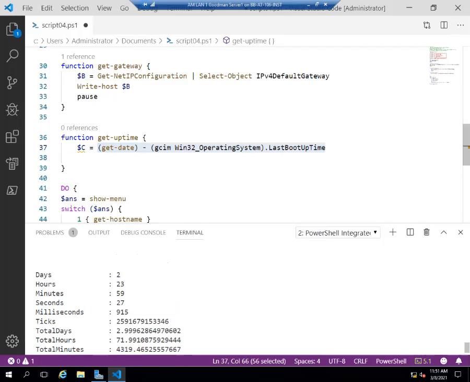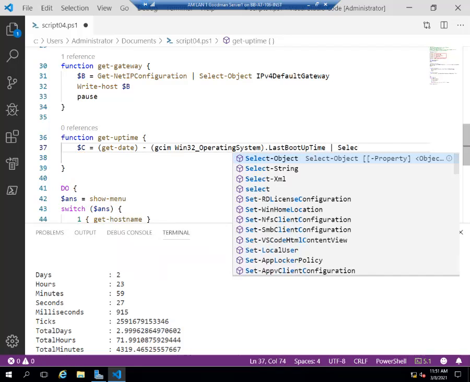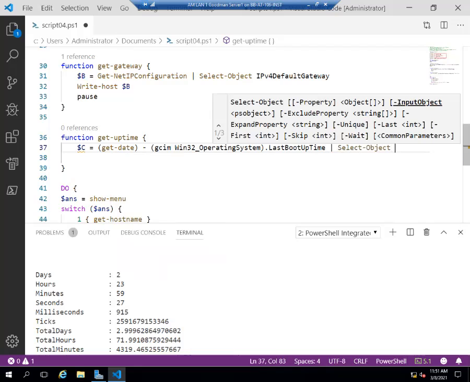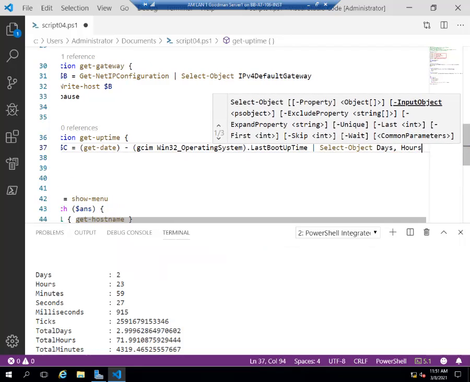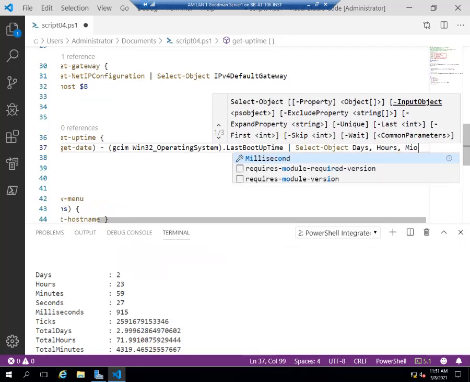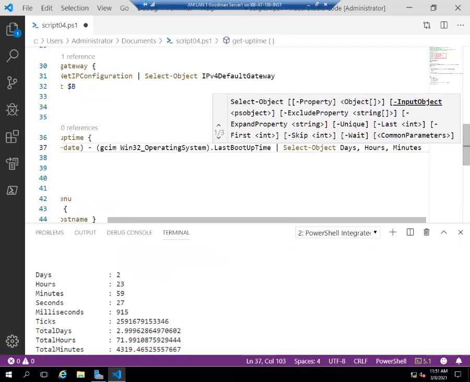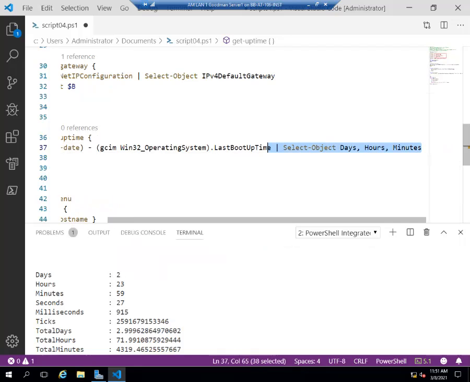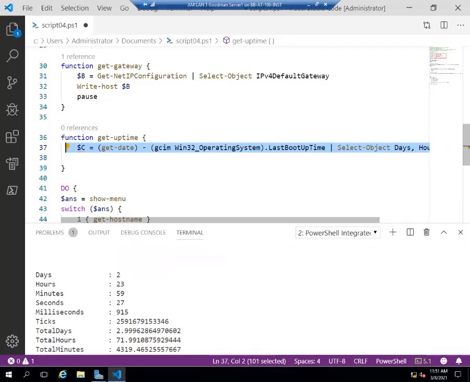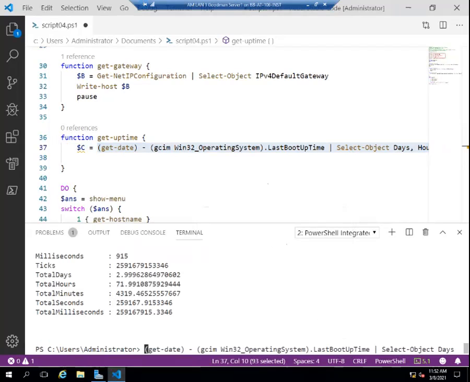Probably concerned about days, hours, and maybe minutes. So why don't I pipe this into select, and just look for the days column, the hours column, and the minutes column. Because it gave me a bunch of other columns, ticks, total days, all that stuff. So if I run that,